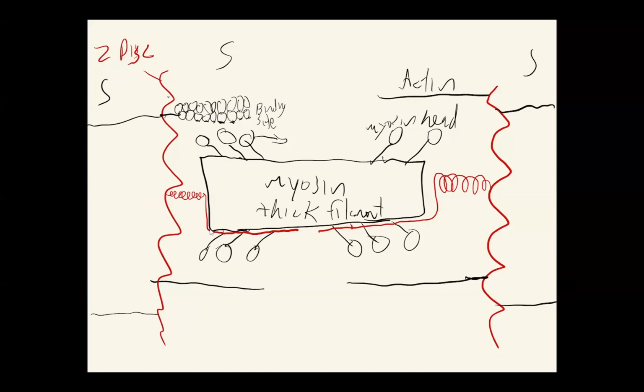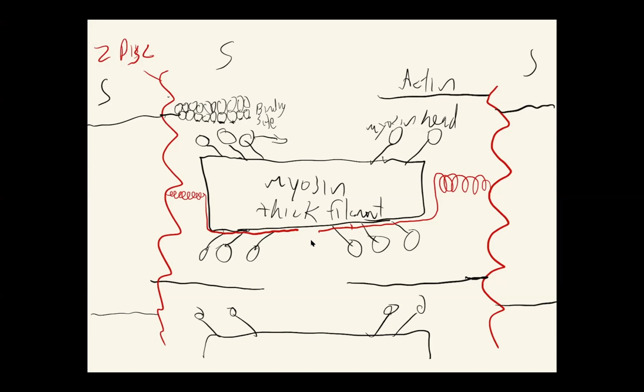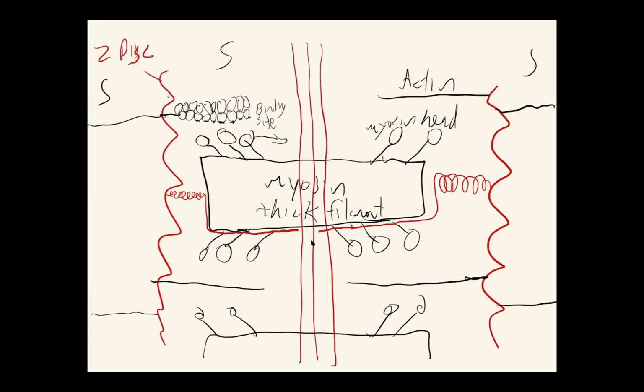So there's titin on both sides. The titin from both sides come together towards the middle, and they meet towards the middle of the myosin. Now, this one myosin isn't just going to hang out by itself. There is another one in the adjacent portion of the myofibril over here, and dozens more as well. So we need a third structural protein to hold these things together. And that third structural protein basically is not just one, not just two, but 3 lines of interlocking proteins right down the center, that these proteins are